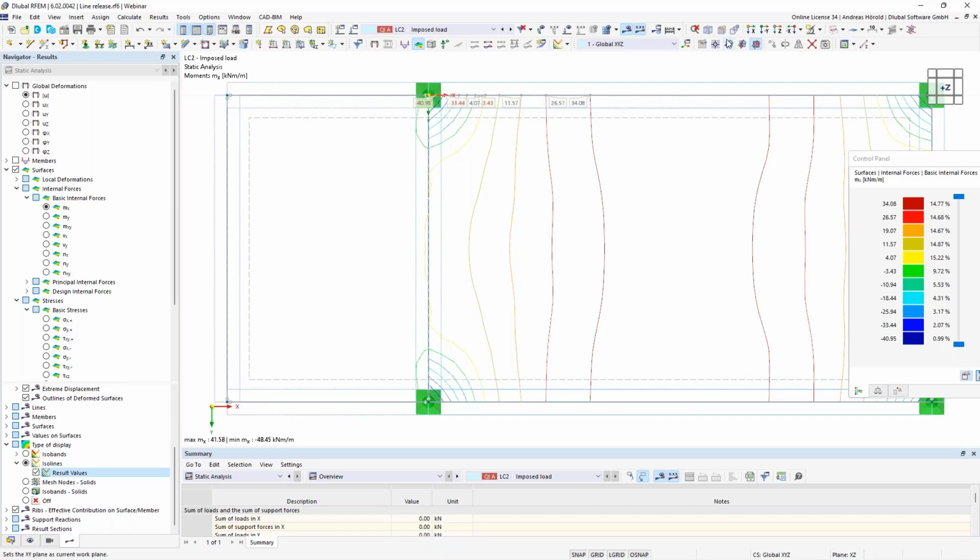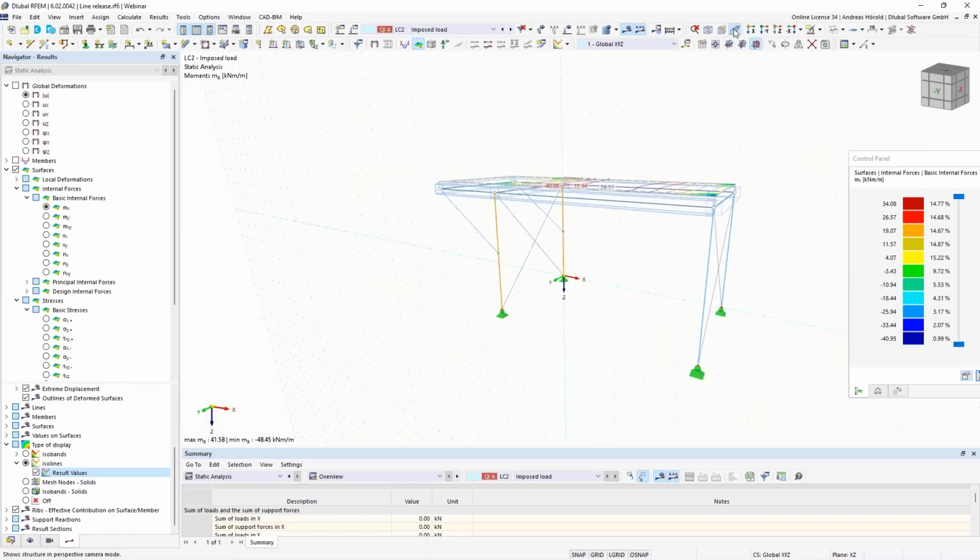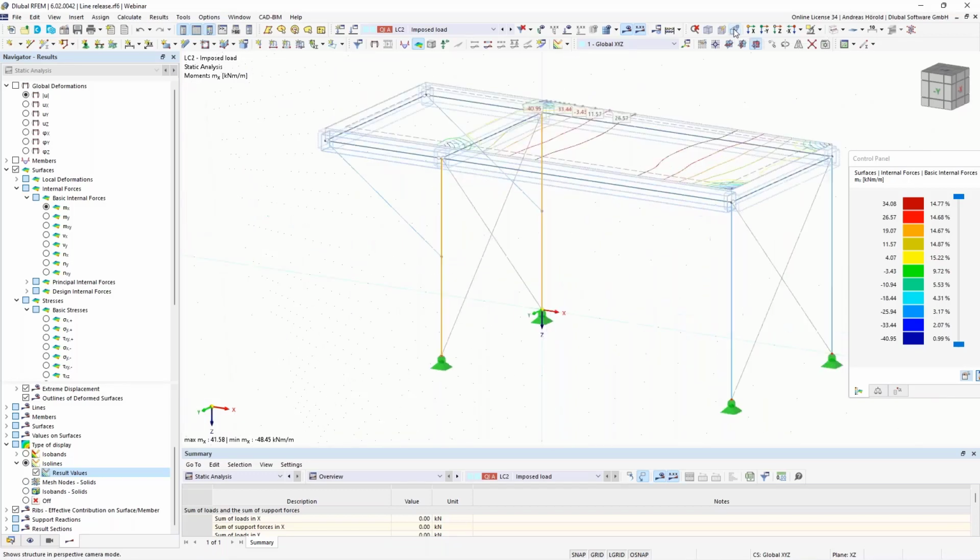Okay, also another feature, I change to the isometric view, is the perspective camera. It was wished by several users, and we implemented that. It was already there in RFEM 5. Okay, then